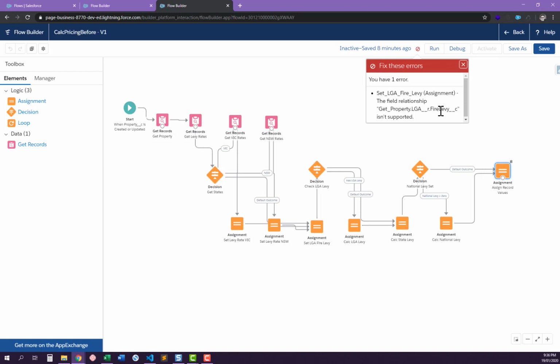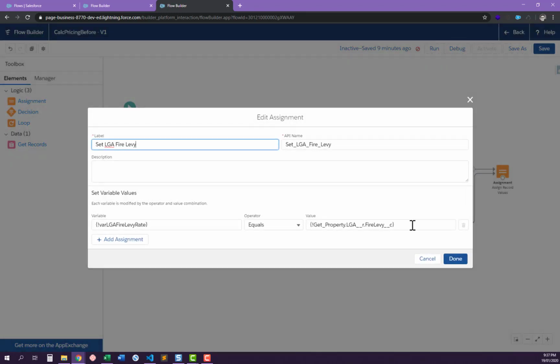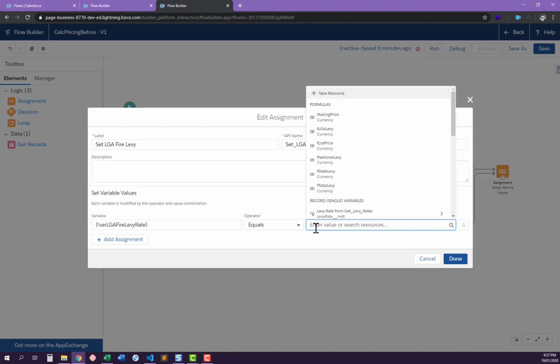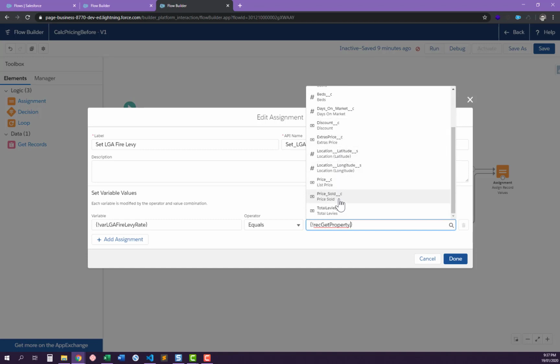And in Spring 20, there's a great new feature to help you do this, looking up the chain. But it looks like this is not possible on these before trigger values. So here, if we go get property, record get property, and go to our, so we can't even get, oh, that's interesting. Is that because,